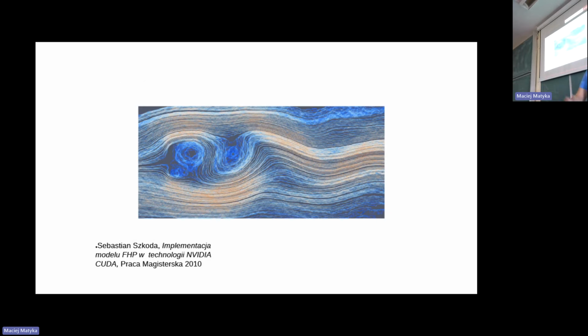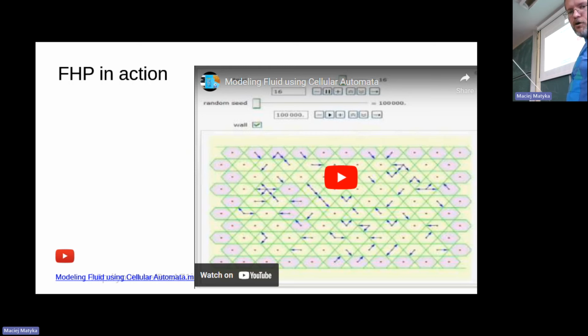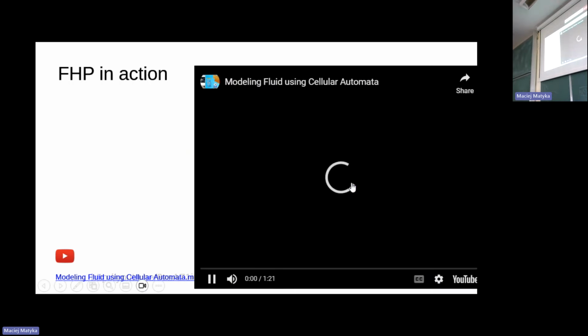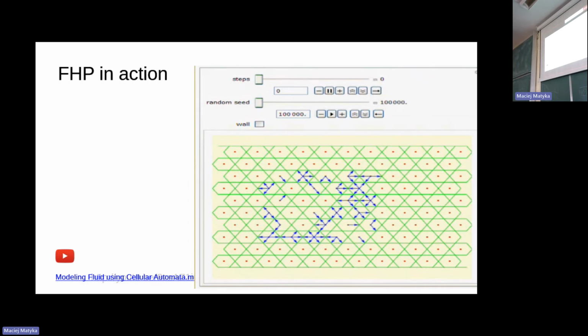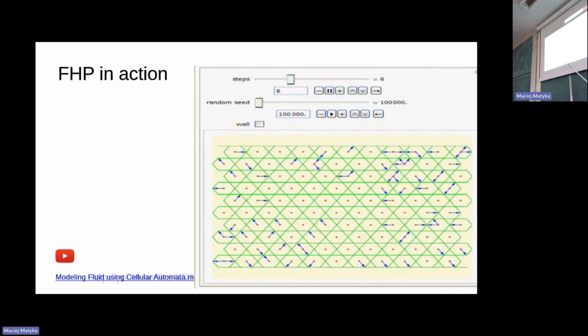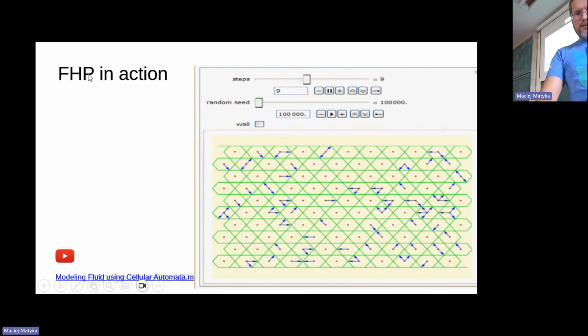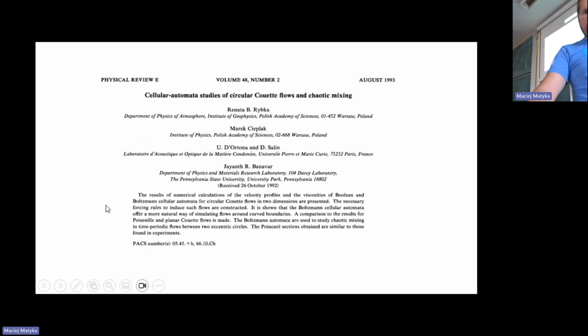Then we had students who did FHP, and okay, that was still Sebastian, but we had more. Okay, here is an example of how FHP works on the grid, so you can see even a visualization of those particles changing in time and basically traveling. This is what is inside of the model, but this is not exactly what we are interested in. We are interested in the FHP